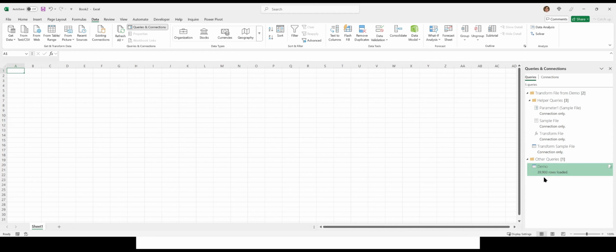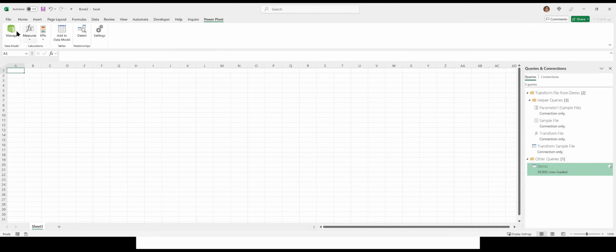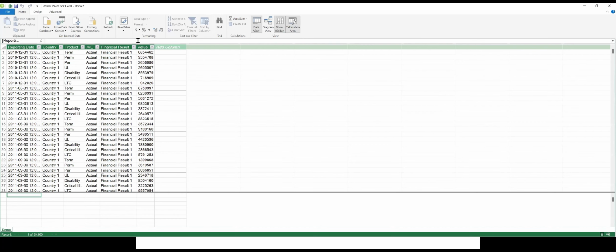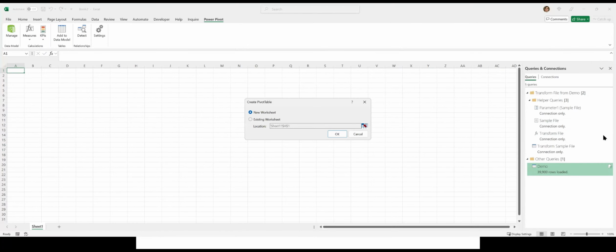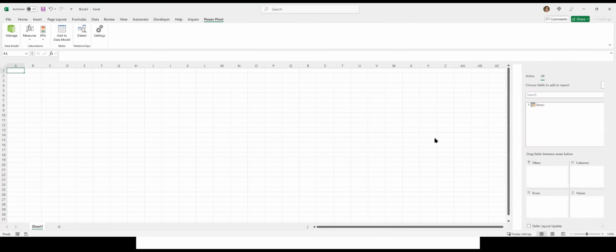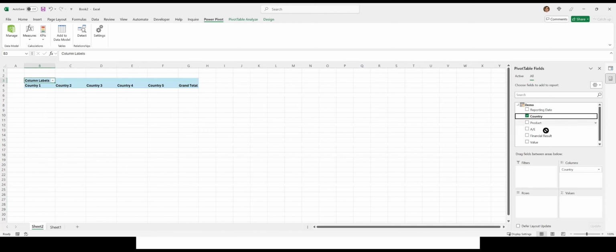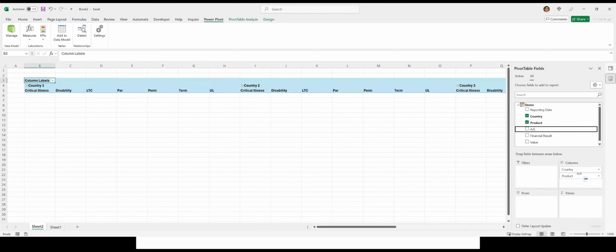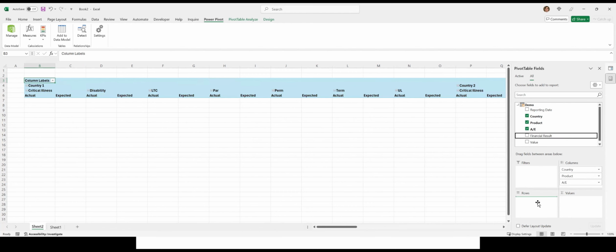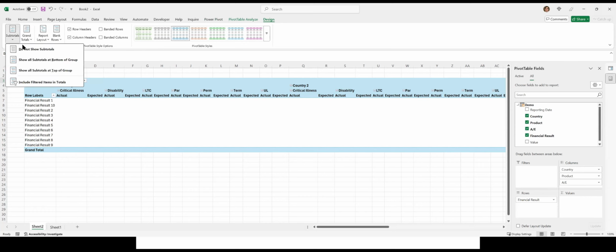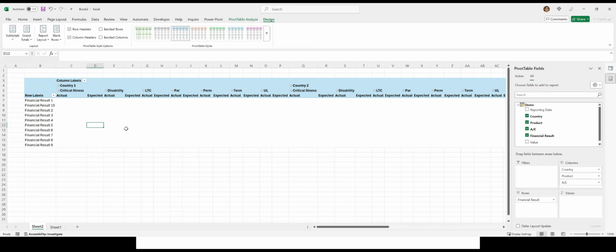You see, we have about 40,000 records here. When we come to Power Pivot, you can see the result, and I can create a pivot table. And let me choose country for the actual financial result here. So this is the template of the pivot table that we want to see. How do we get the values in here? Well,